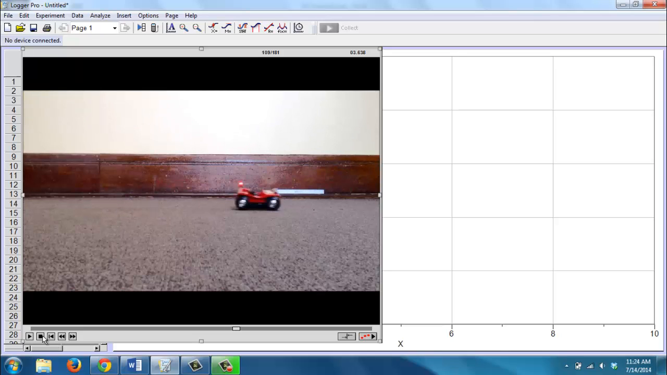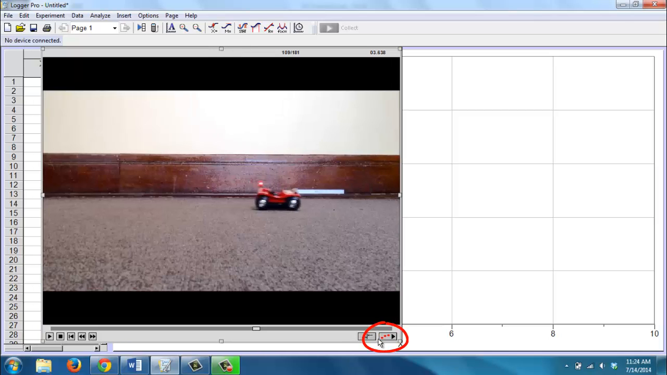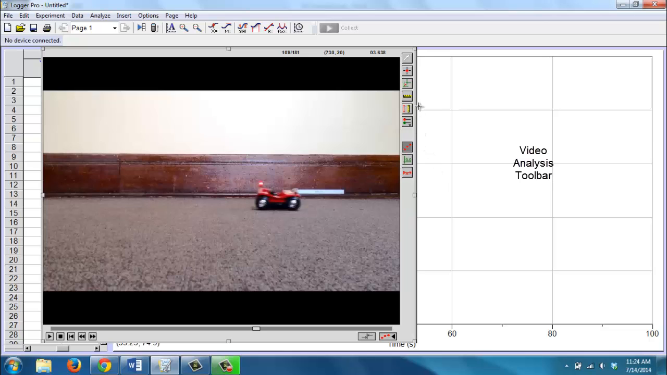You will see that a ruler is in the background of the video, which is used to set the scale so our graphs are accurate. Now I will click on this button at the bottom of the screen here to access the Video Analysis toolbar. This brings up a series of buttons on the right-hand side of the video